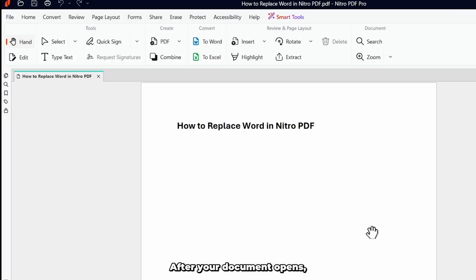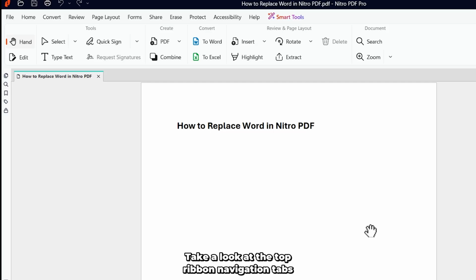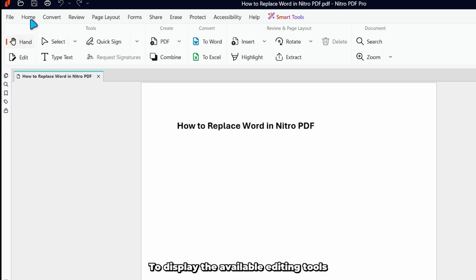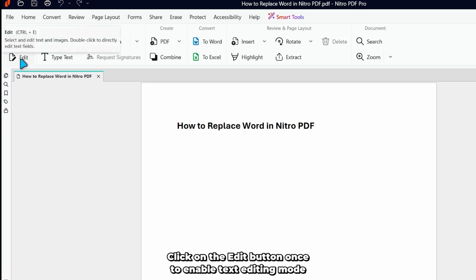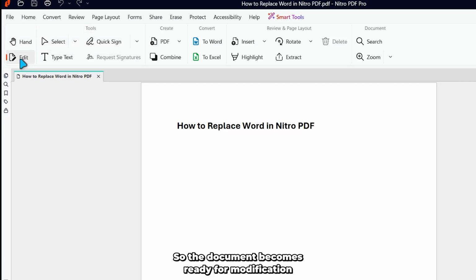After your document opens, take a look at the top ribbon navigation tabs and locate the Home tab. Navigate to the Home tab bar and click it once with your left mouse button to display the available editing tools. Look through the toolbar panel below it and locate the Edit tool button. Click on the Edit button once to enable text editing mode on your document page so the document becomes ready